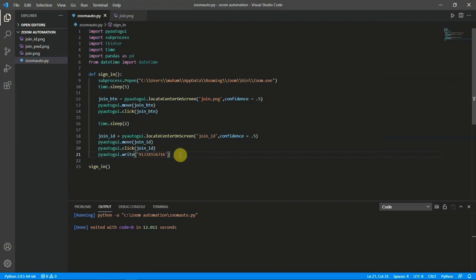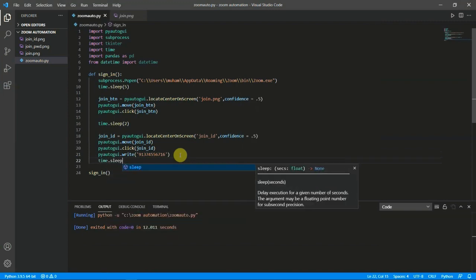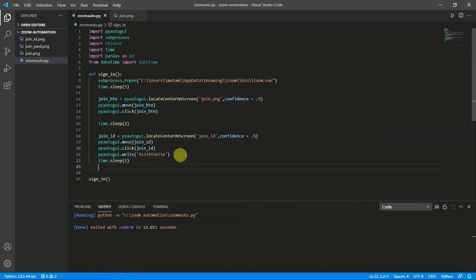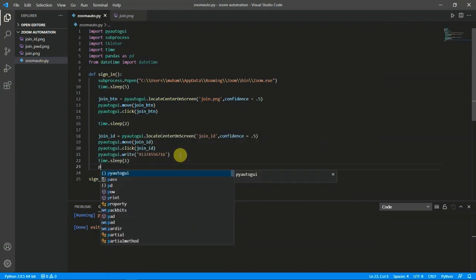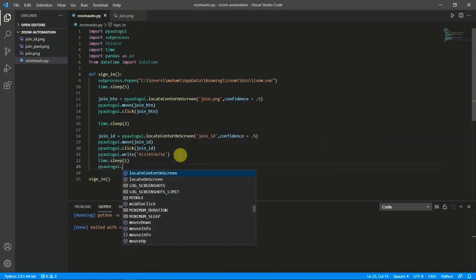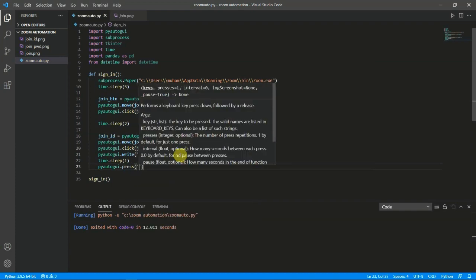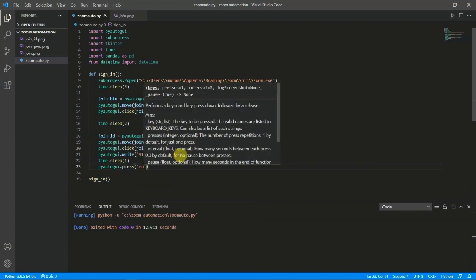Now it is writing, and we will wait for 1 second and then press enter. So again pyautogui dot press, and inside this we press enter.